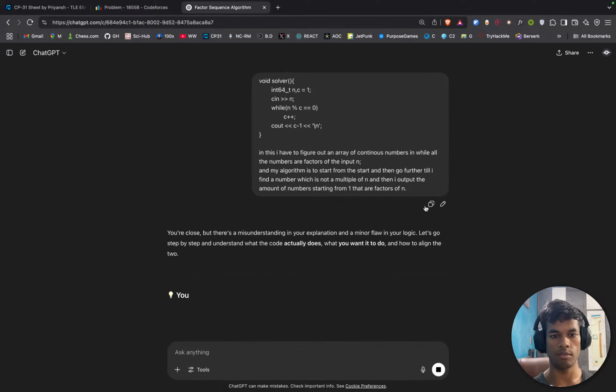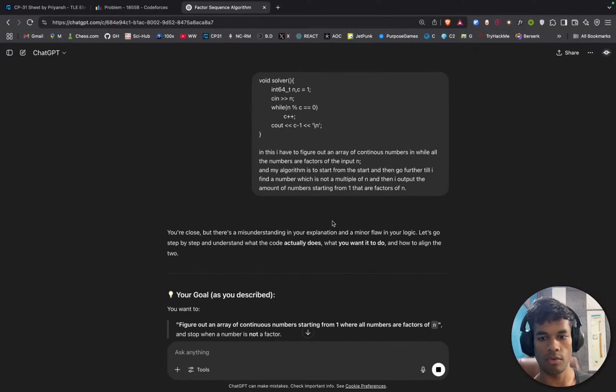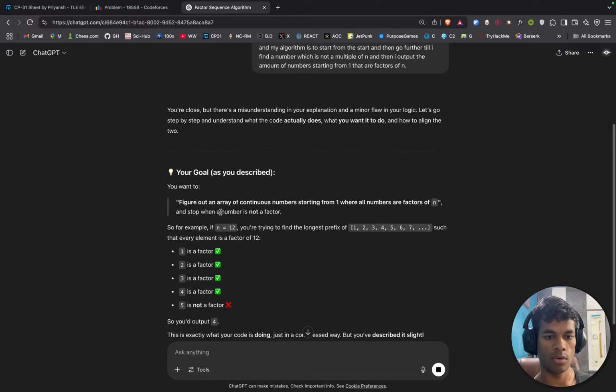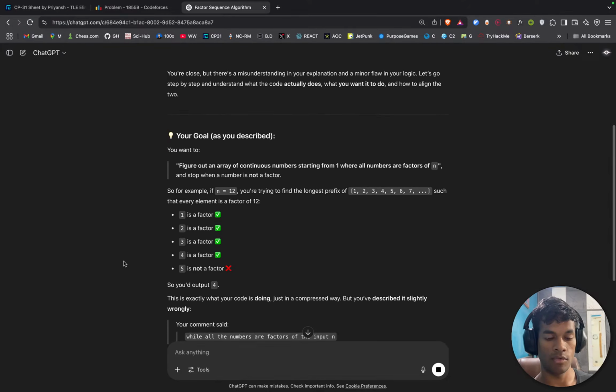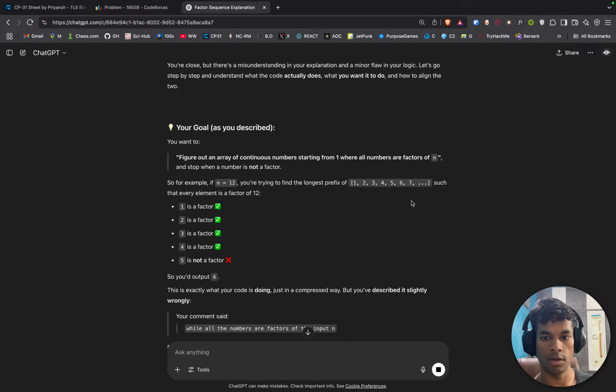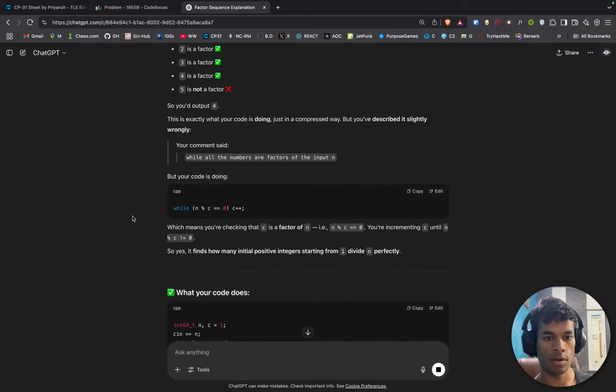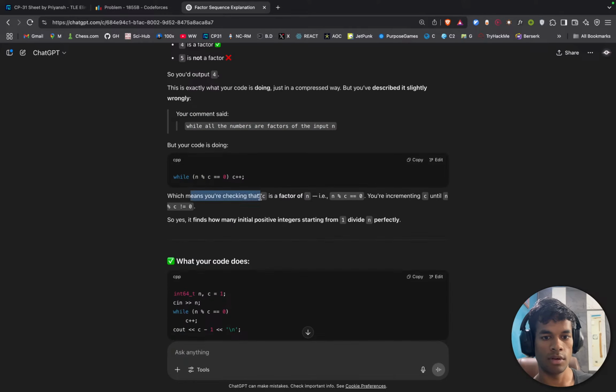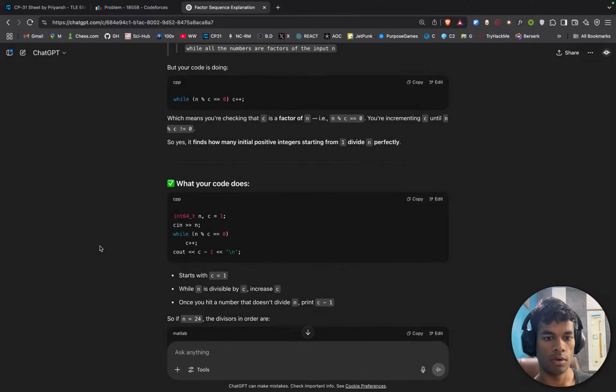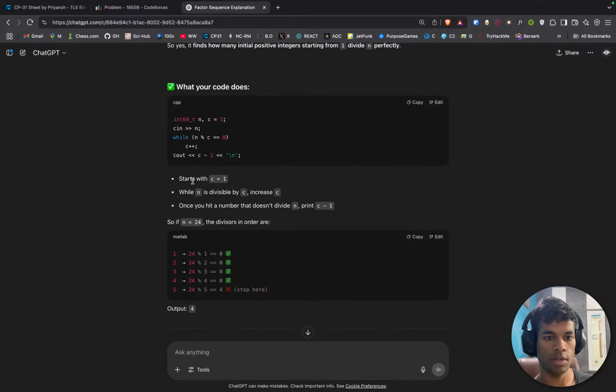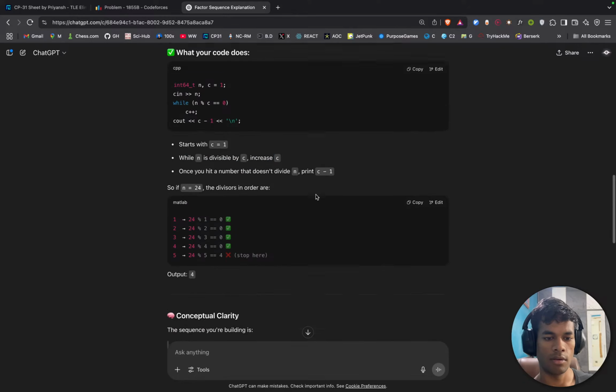You're very close, but there is a misunderstanding in your explanation and a minor flaw in your logic. Let's see step by step your goal to figure out this. 5 is not a factor, so for 12 I will get the answer this. Okay, while exactly C++ if right, but your code is doing this while all numbers are factors of input n, right, which means you are checking that C is a factor. Your code does this. Start with C1 while and I don't want